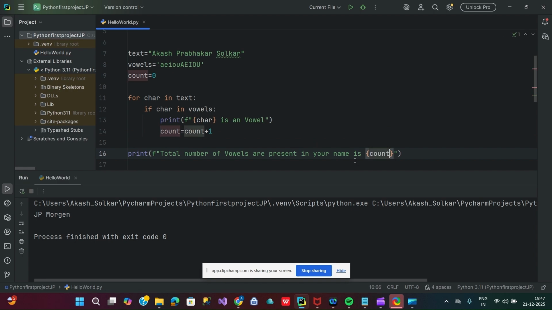Okay, let's run this program and see what output we are getting. Okay, as you can see,